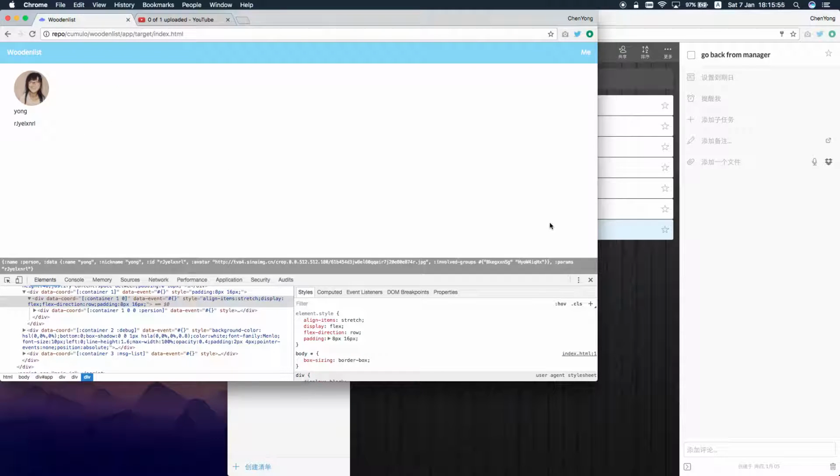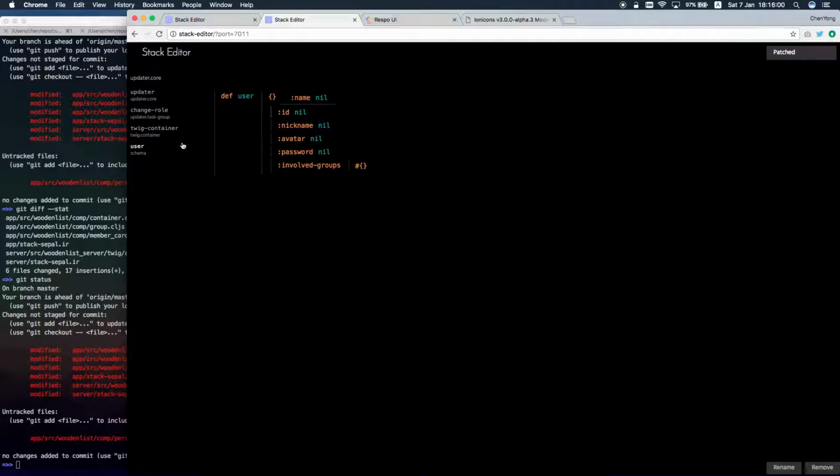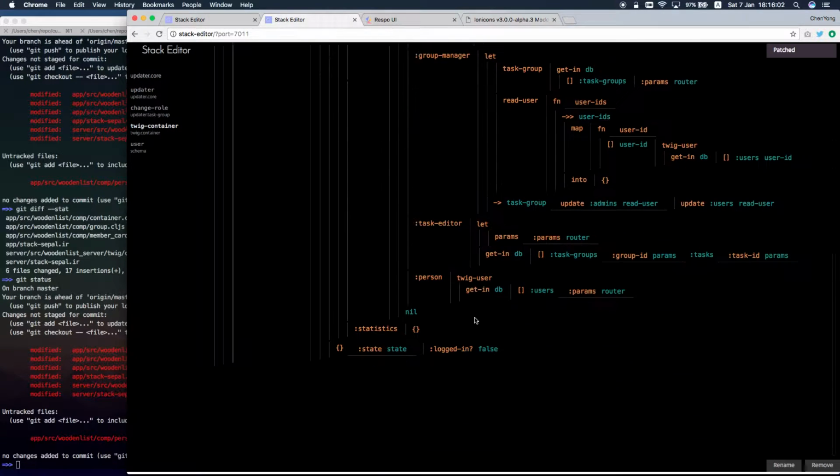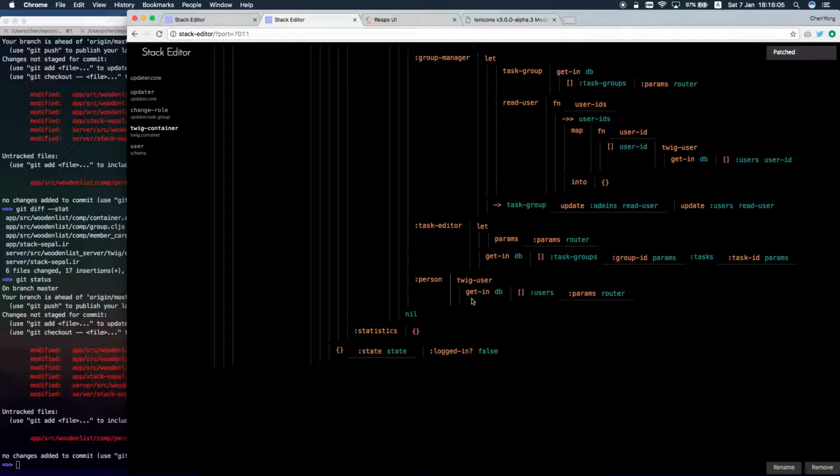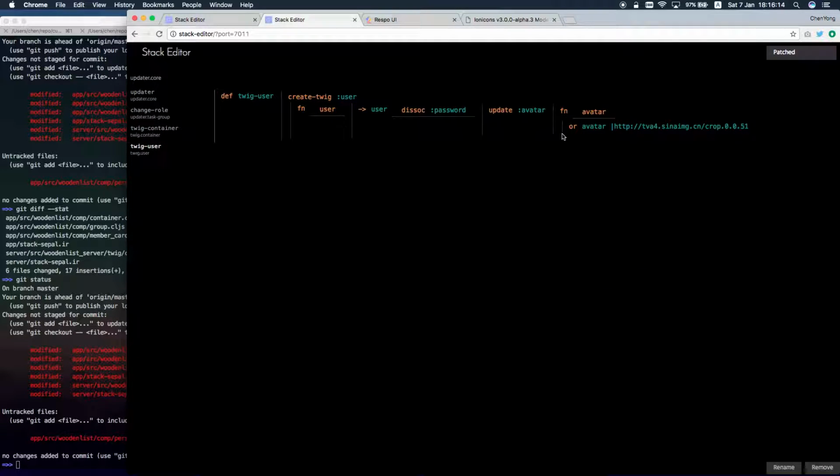So let's add the data. Currently the link here is just data. Let's see what Twig is doing. Yeah, it's just removing the update, removing user and add